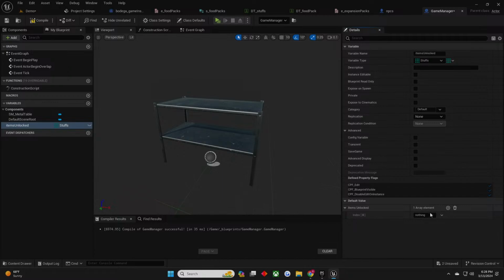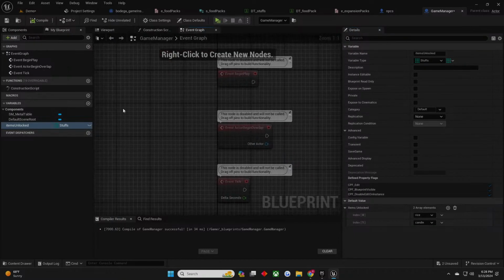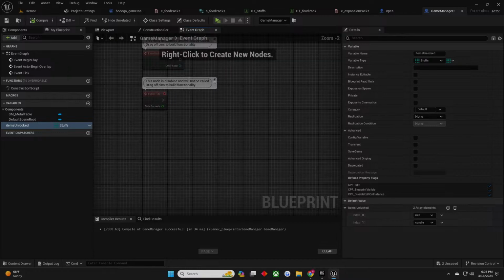by default you can sell rice and candles. It won't be rice and candles by default, but actually I guess I could tie it to the level, but you'll automatically be on level 1. Alright, so by default you'll be able to sell those things, and then what we want to do is